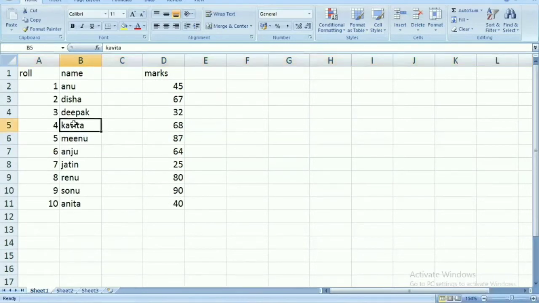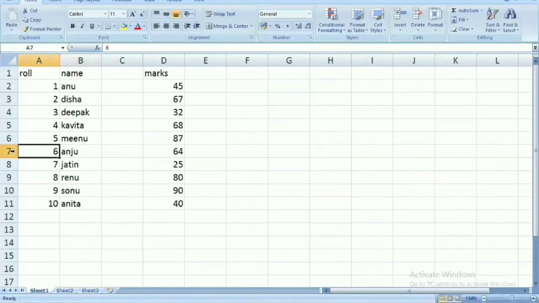Now I have inserted one row or one column. If I want to insert more than one row or more than one column, for example, if I want to insert three rows before this sixth roll number record, Anju's record, I want three new rows before it.